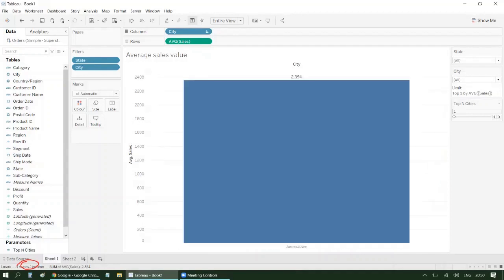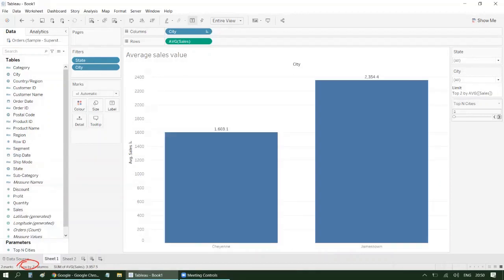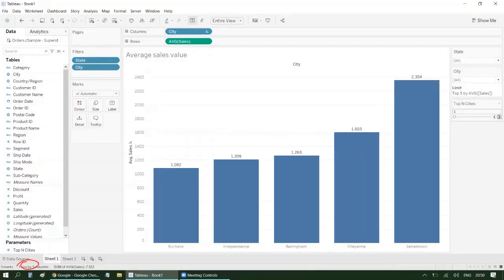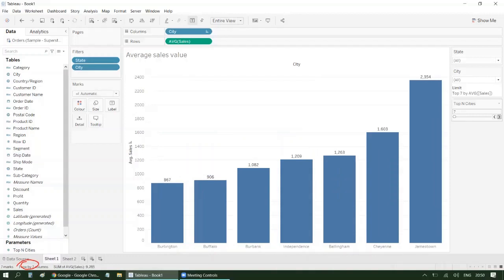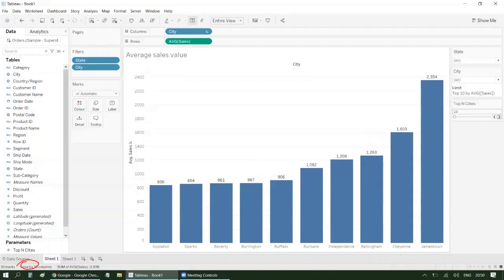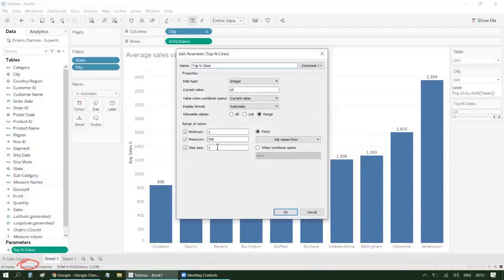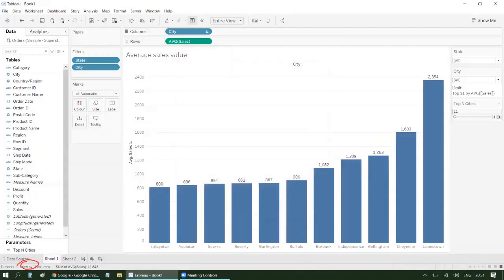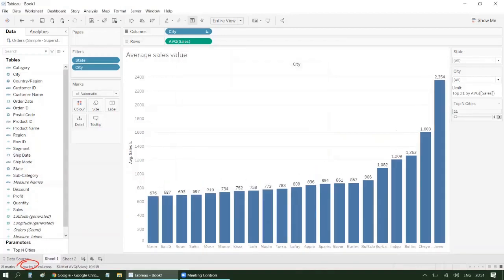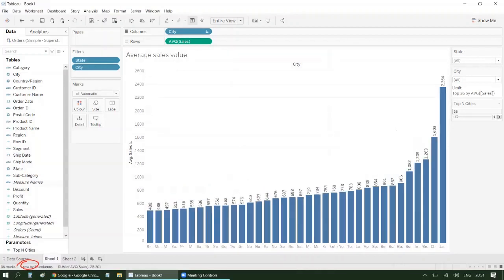So parameter, and now here you go. Can you see this? So this is 1, the user can select 2, 3, 4, 5, right? Remember the step size parameter, we gave it as 1. That's why it's changing by 1. If you had given it, let's say, I'm changing it to 5. So now whatever you change, it will be selected by 5. So after 11, it's 16, then 21, 26, 31, and so on. So this is called a range parameter.